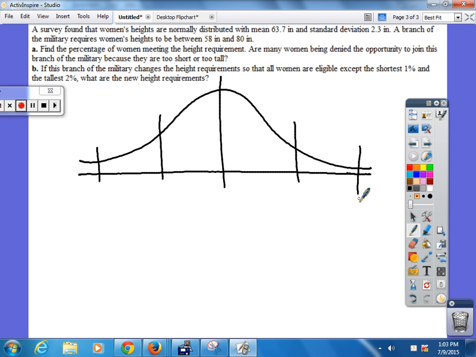So go ahead and put your 63.7. What were our numbers this way? 66, and this way,